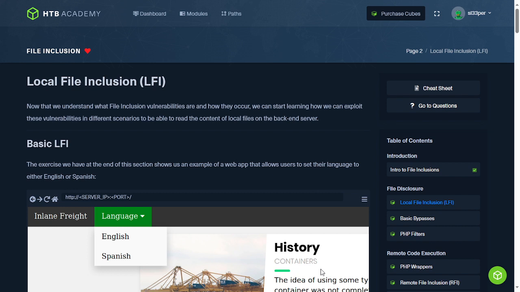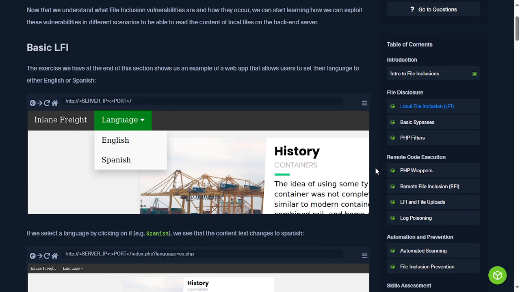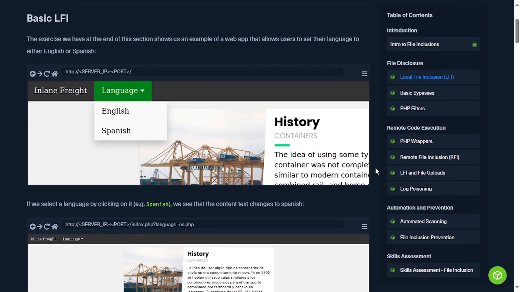Local file inclusion. Now that we understand what file inclusion vulnerabilities are and how they occur, we can start learning about how we can exploit these vulnerabilities in different scenarios to be able to read the content of local files on the back-end server. So, basic LFI. The exercise we have at the end of this section shows us an example of a